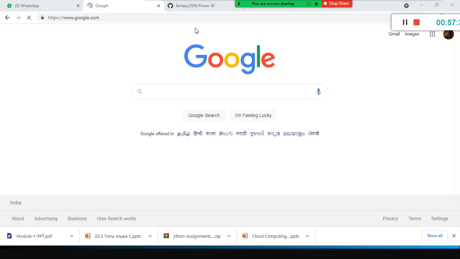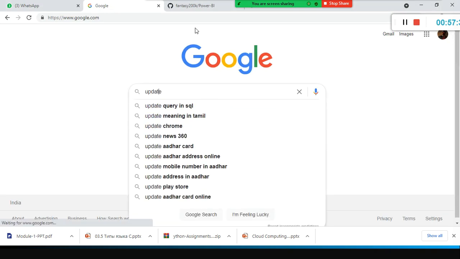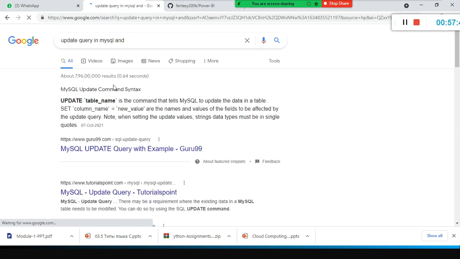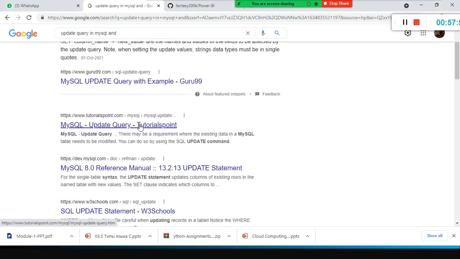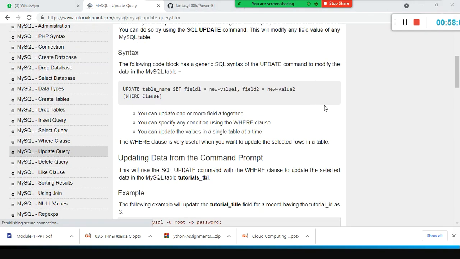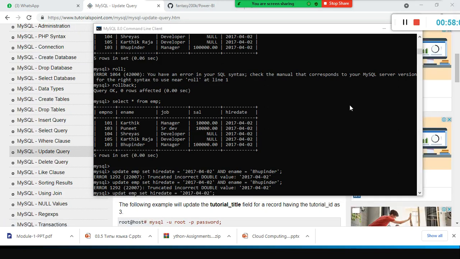Since we work with multiple databases, right, it's difficult to remember the update query in MySQL. Set column name is equivalent to value, and yeah, Tutorials Point is also a very good site wherein you can refer to all of this: field 1 comma field 2, very simple. Yeah, hire date, field 1 comma field 2 is okay.